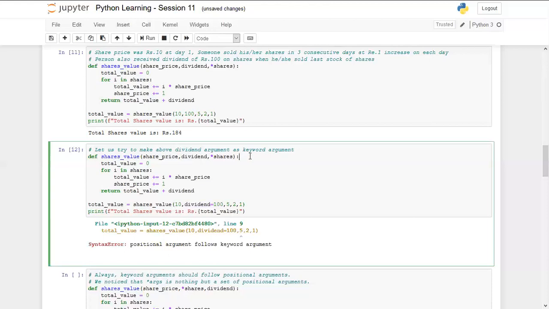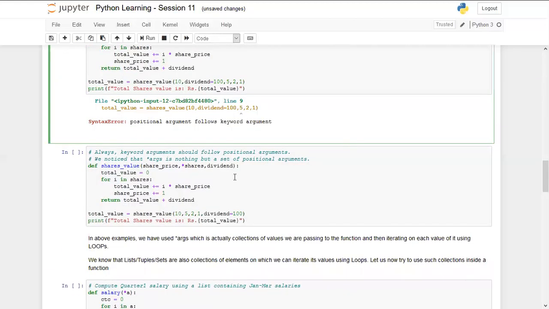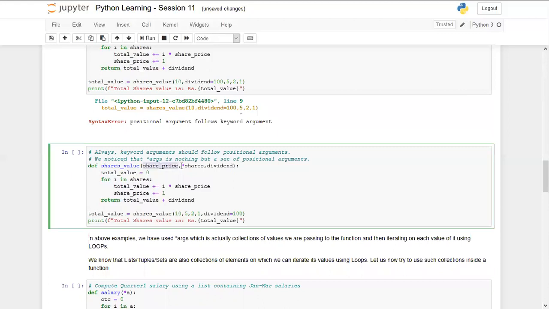Let's understand that star args is also a kind of positional argument. That's why I'm focusing on it from the very beginning. First of all you have to take the precedence of normal positional arguments, then star args, then keyword. This is the precedence that we have defined till now. Again I'm repeating, first you define positional arguments, then star args, then keyword arguments. So as per this precedence, let's see the below example. I've changed it here: this is positional, then star args, and then the keyword argument that I have to define.